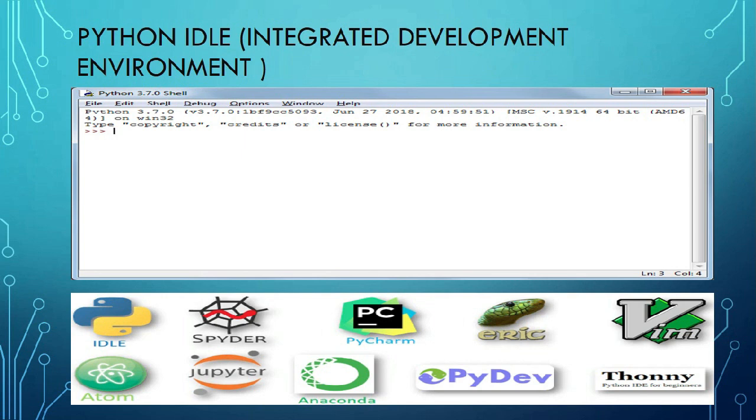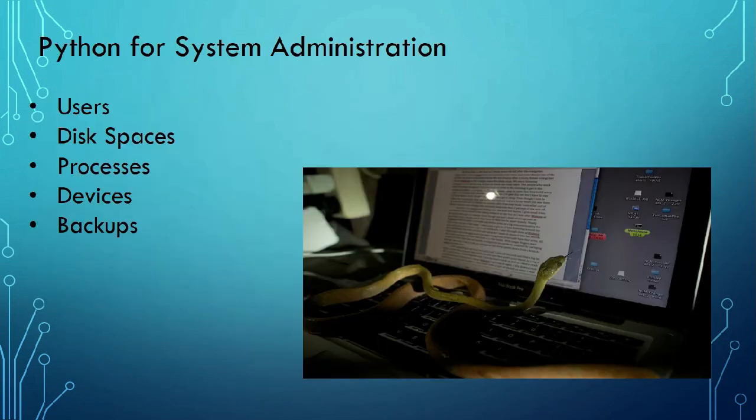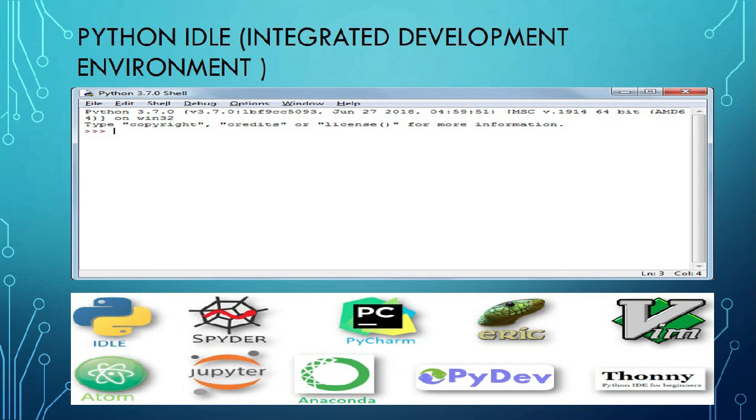But if you use Python as a simple programming language, here is what Python looks like. But if you use IDLE, then we have lots of functions that we can use for debugging, and lots of things we can use in IDLE. We will discuss this later.